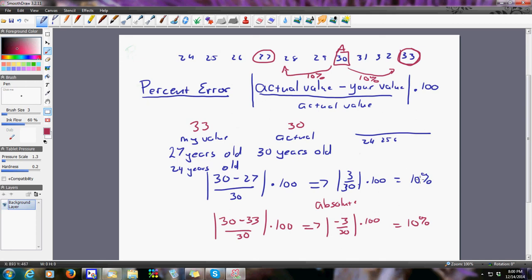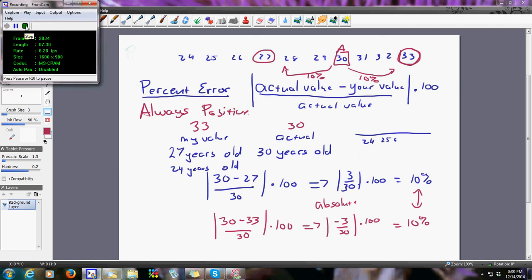So the value for percent error is always, always, always, always positive. Because it doesn't matter if I'm over or under, I'm off by 10% either way. And that's it. I hope that made sense. It's actually a good lesson. And like I said, if I had worded this wrong, I might have made my last